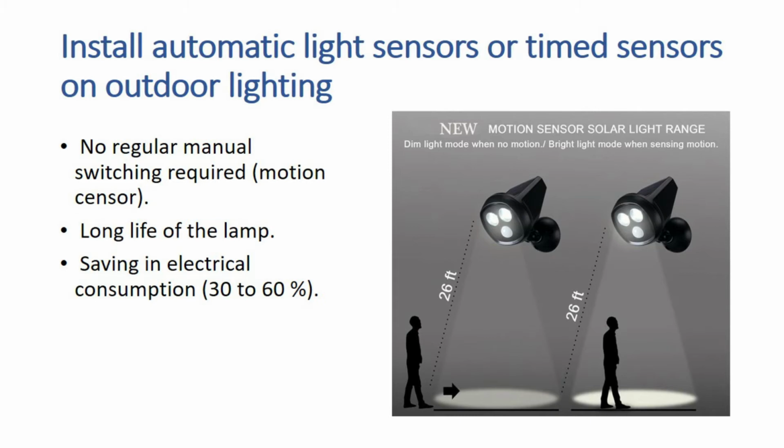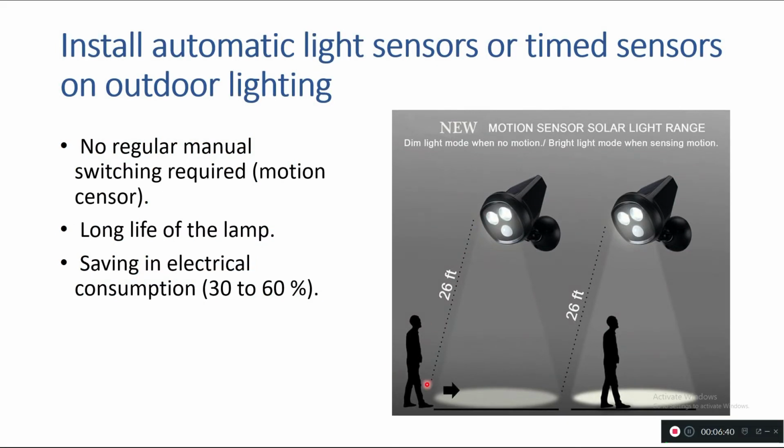The next is outdoor lighting. You can either go for timer based lighting or use motion sensor based lighting, as shown in the image here. You can see that as you are near the lamp area it is lit, but if you go close to it, it becomes brighter. This is the advantage of these motion lights and it saves a lot on the electricity bill.